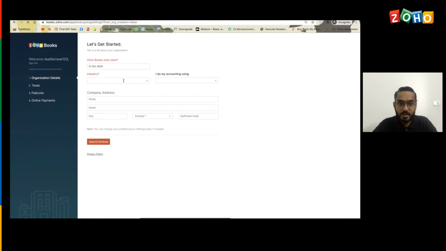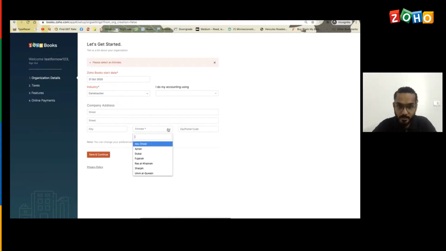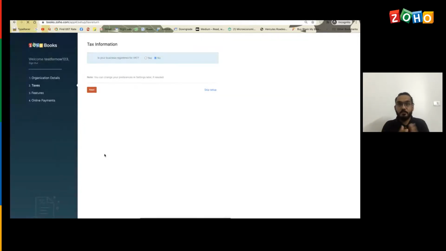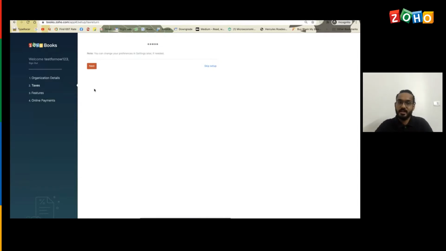Once this is done, you'll have to enter the basic details again, but this is going to be optional. So the industry is the only mandatory thing here. All the red fields are mandatory. I'm just entering the mandatory fields, and the Emirates. Since it's UAE, I have to select the Emirate as well. So that's it, and I can just save and continue. You can edit all the other details later if you're going to use the same organization in future as well. So this is the VAT registration status there, and for now I'm selecting no,